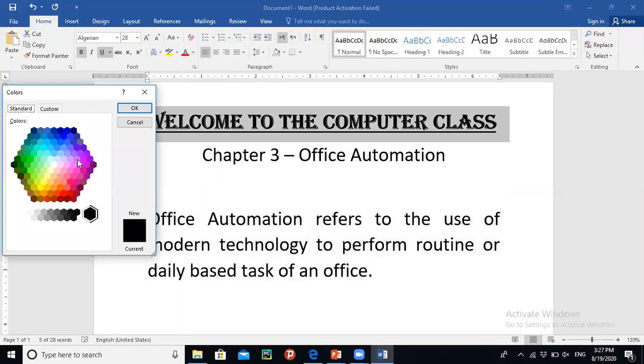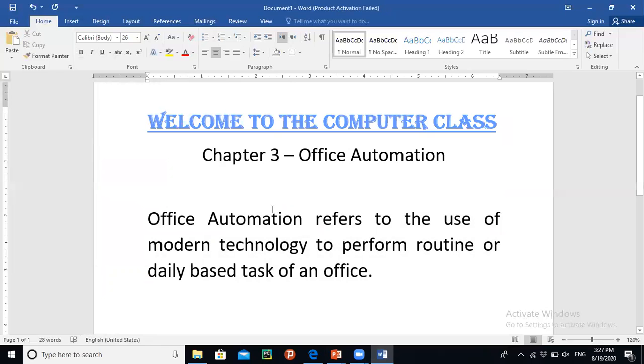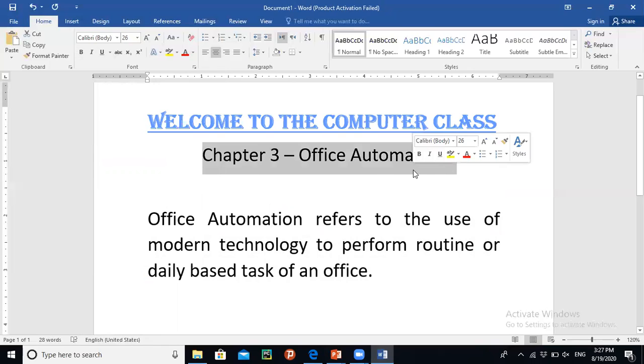The color box selection will be available. You can select any shade, like let me select some blue color. Okay, like this. So in this way we can simply change the font color.